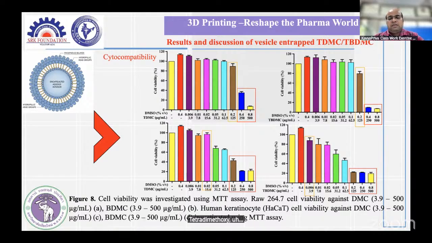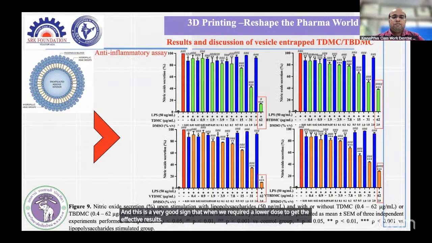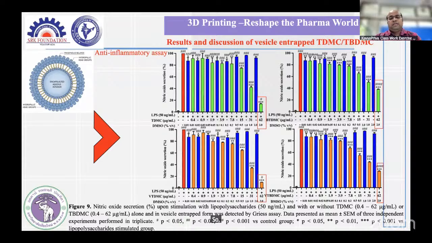tetra dimethoxy is compatible, while when it comes to bis dimethoxy, the keratinocyte cells are compatible around 3.9. So those are very low, and this is a very good sign, that we require a lower dose to get the effective results. So at those doses,